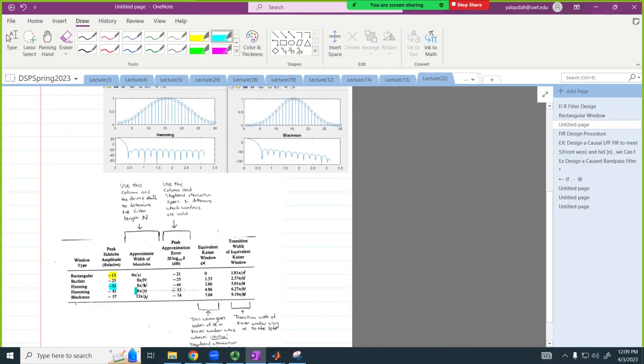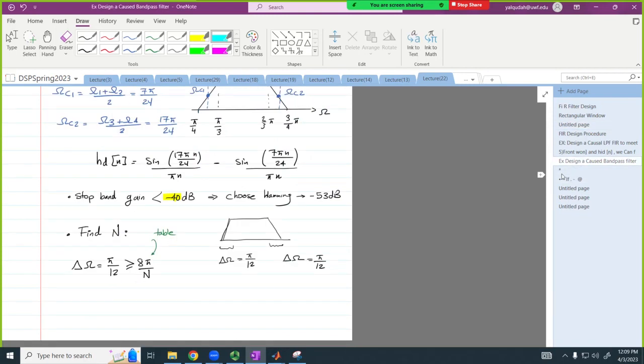Hamming 8 pi over n. Together, this is going to give me the value of n. And we want n to equal 97. Since it's odd, we keep it odd. And finally, we can write h of n. And our h of n is going to equal to